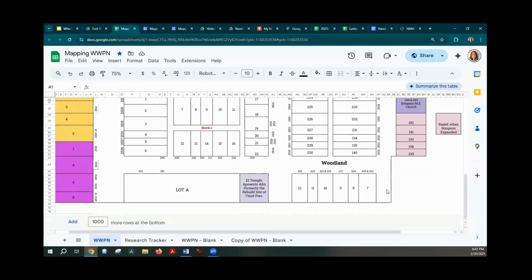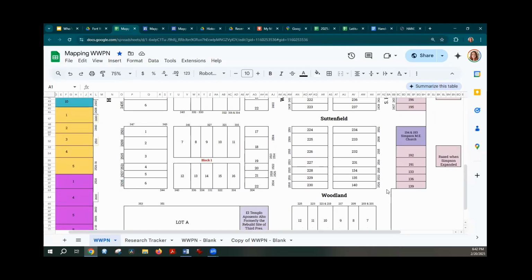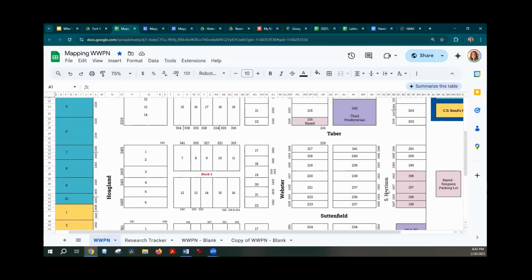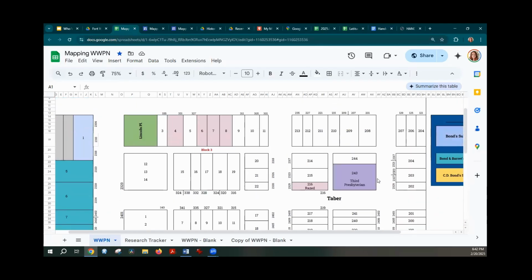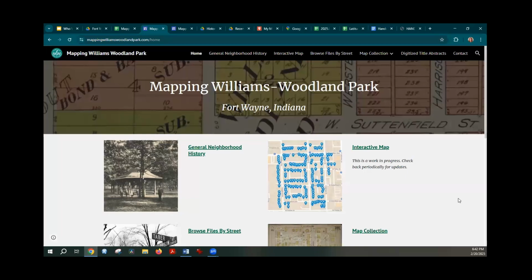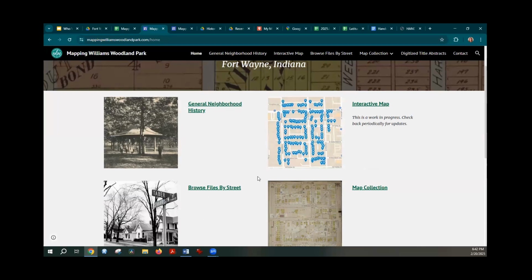I showed it to one neighbor, and that one neighbor shared it with everybody else. And then I decided I need something prettier to show people than this. So that's why I created this website. And yes, it is still called Mapping Williams Woodland Park. So just to give you a little tour of what this is, the homepage, you have links to